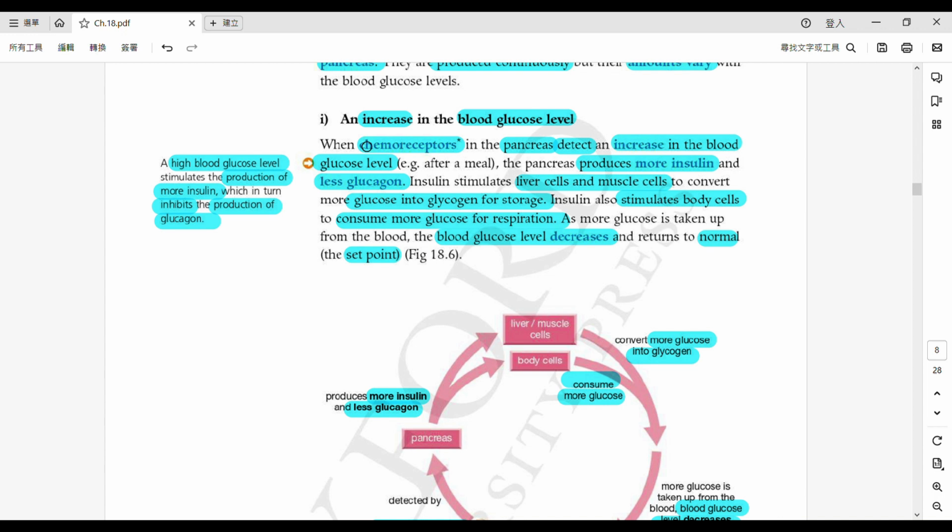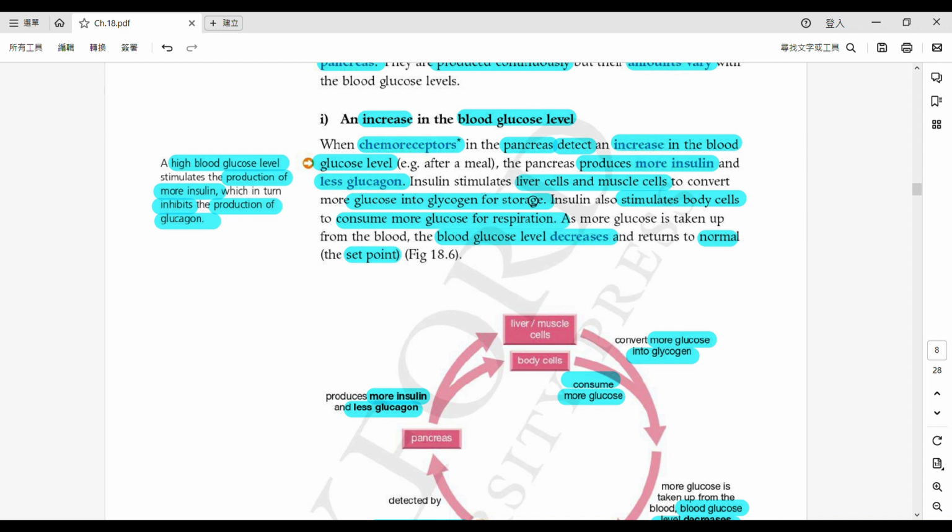好，this is the first point。第一樣嘢，there must be someone detecting，一定係 receptor 嘅。好啦，receptor 之後，it is going to the coordinator, and this time who is the coordinator？個 coordinator 就係呢個 pancreas 啦。pancreas 就會 produce more insulin，佢產生多啲 insulin 啦。And at the same time, that's not enough，係 more insulin and less glucagon。Once again, it is both things，係兩個嘅都會有㗎。Alright？